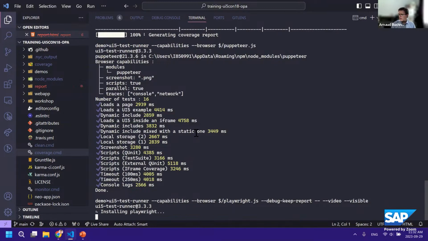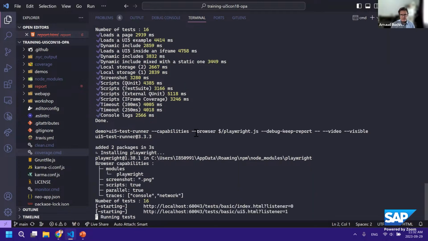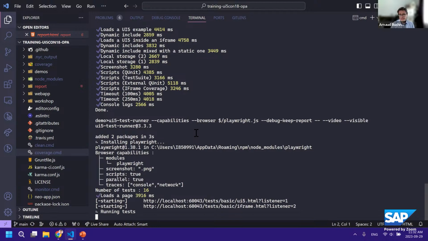So Playwright is not currently installed on my system. So the test runner integration will actually install Playwright. There is an additional step to be executed once you install the package. The command line is also taking care of that. And then you will have the